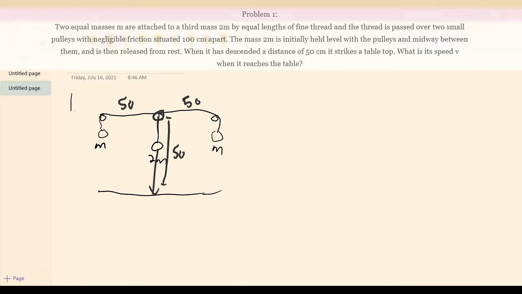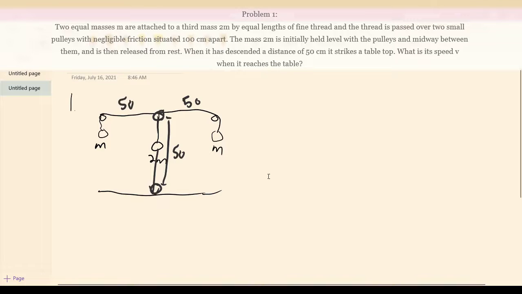To solve this problem, we want to use conservation of energy, because we want to find the velocity of something, and we also know the positions of various other objects, which allows us to apply energy conservation. So then, when the mass 2m reaches this tabletop here, it has moved 50 centimeters, and the difference in the